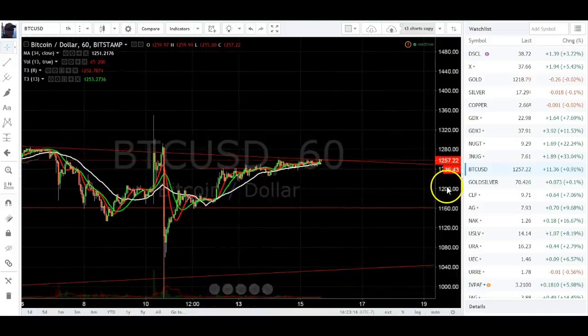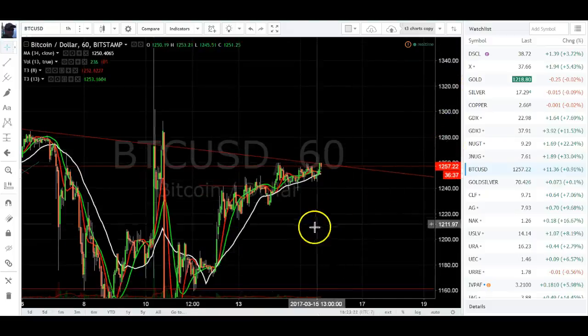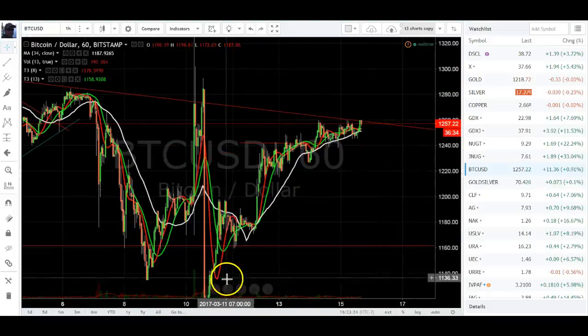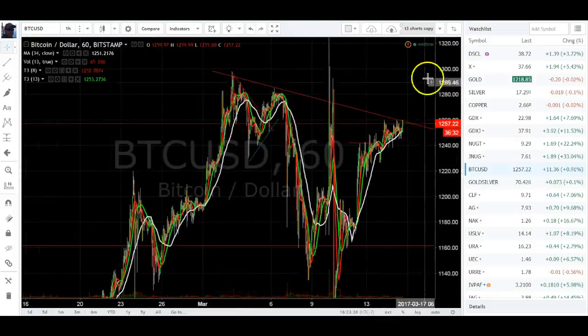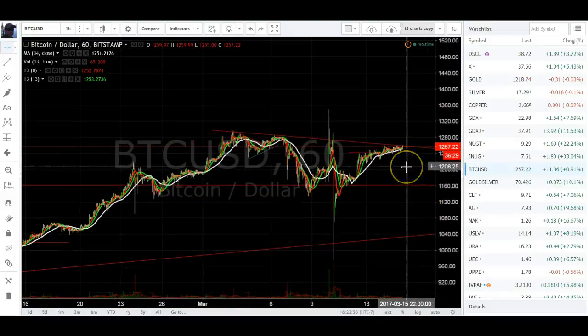That's why I quit trading years ago, because everything was so grossly manipulated when the commercials got involved after the 2008 crash. It's just not a free market at all. But anyways,